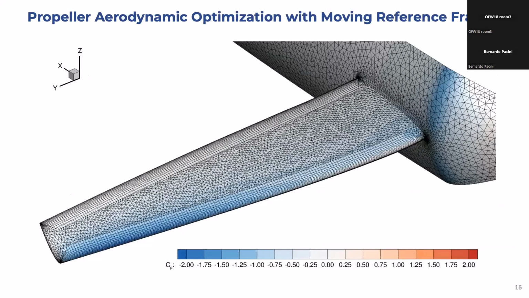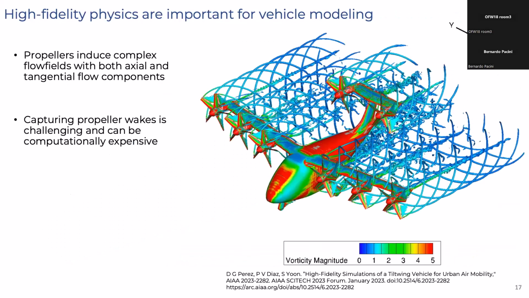So, propeller aerodynamic optimization with moving reference frames. High fidelity physics are important for vehicle modeling, and this is because propellers induce a very complex flow field with both axial and tangential flow components. And we need to capture wakes. Capturing wakes can be challenging and can be computationally expensive, even though we really need to do it to properly